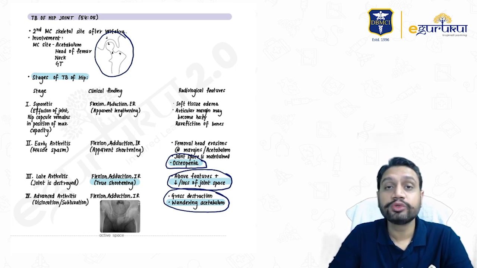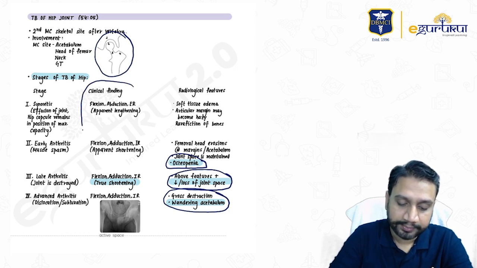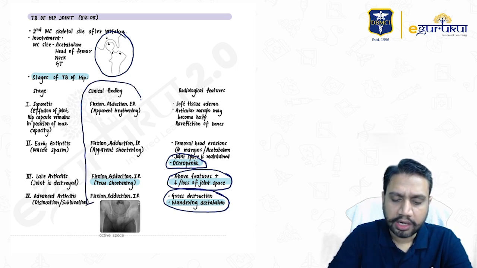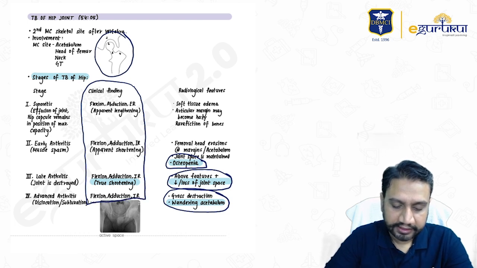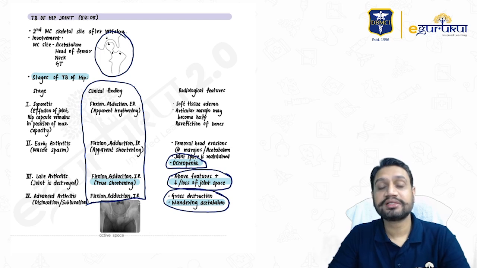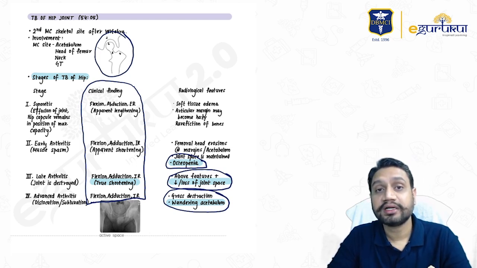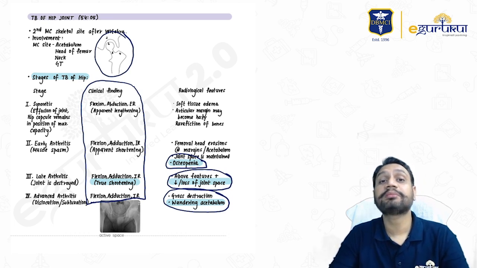So these are the usual 4 questions which are asked to you, and the attitude of the hip will help you out a lot in finding the answer wherever the question is given to you. So attitude is very, very important. The hip in abduction and external rotation is synovitis. In adduction and internal rotation, it is bony destruction. In abduction or external rotation, it will be something else.